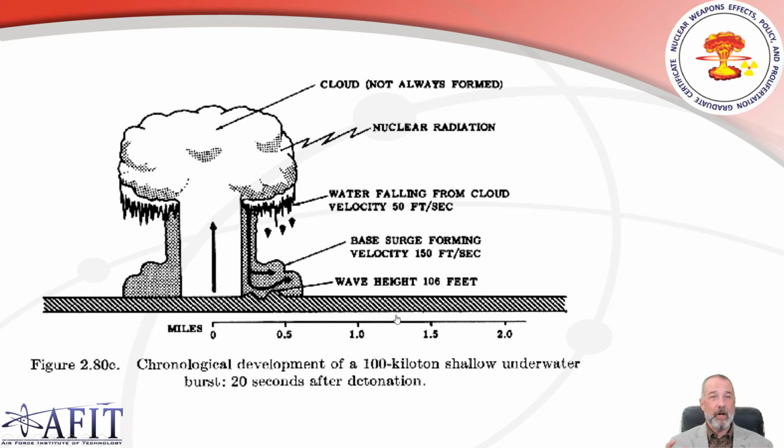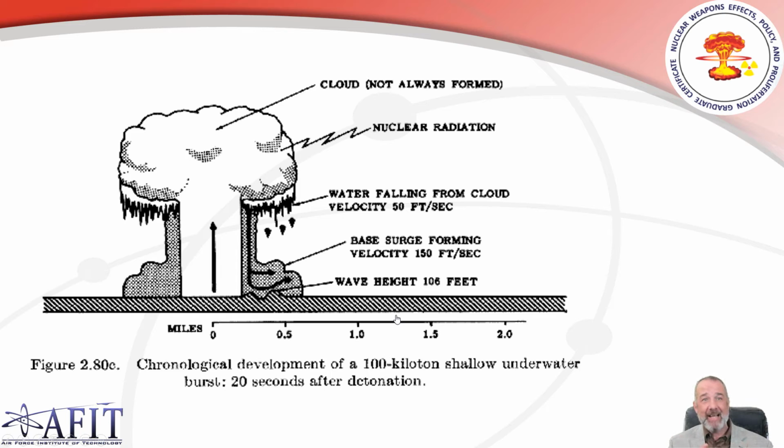Now, if we move a little further on, water continues to drain out of that vertical column. So basically, we're creating multiple waves as it keeps dropping. So we see the first mass hits, creates that primary base surge. Then we see more of it hits, creates a secondary wave, and so on and so forth. So what we end up with is multiple waves moving away from the detonation site. So here we see at 20 seconds, we have another sort of base surge that's forming. It's a bit smaller than the initial one,